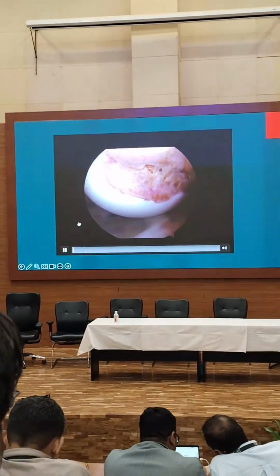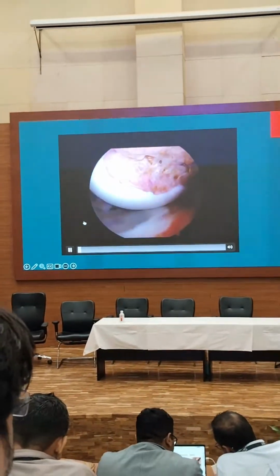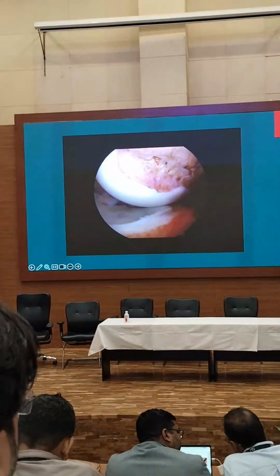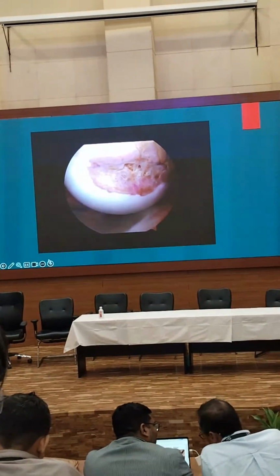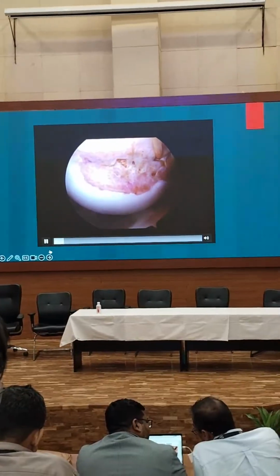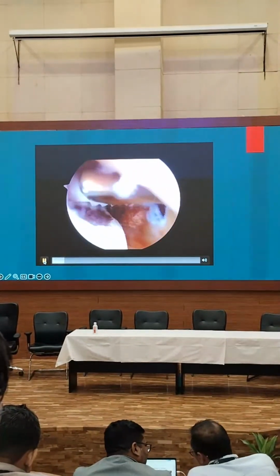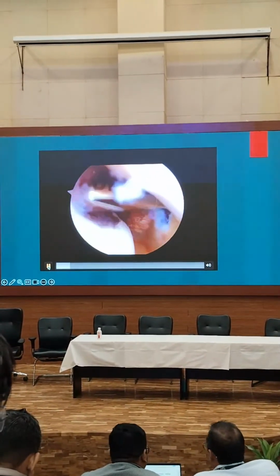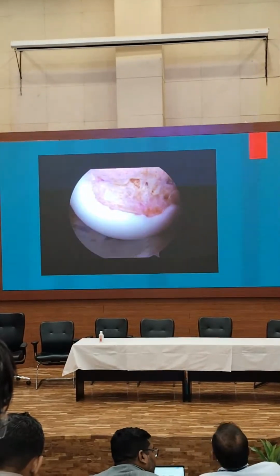So this is the Hill-Sachs lesion, which you can see, and once we have done the diagnostic round, I go into the superior portal, and once I am in the anterosuperior portal, so this